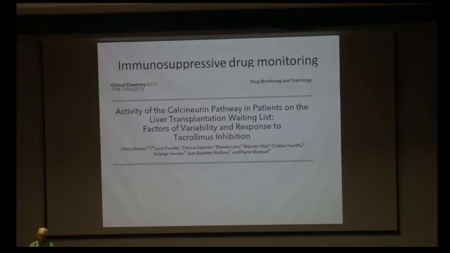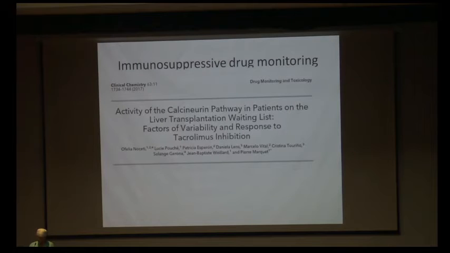Now coming to another important area where immunophenotyping is going to come in a big way, and that is immunosuppressive drug monitoring. At present, what we are doing is a very crude way of looking at it. We are looking at the blood level of the drugs. What the drug is doing inside the body, we are not knowing. So obviously, it will have its own effect, with higher immunosuppression leading to higher chances of infections and malignancy, or lower leading to higher chances of rejection.